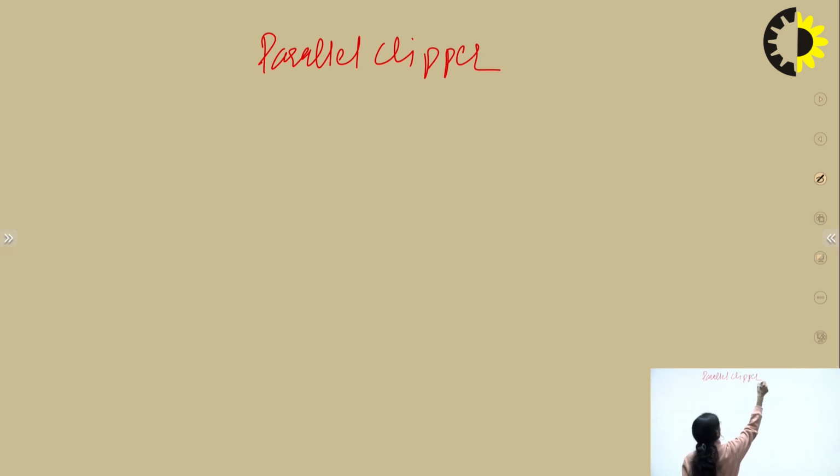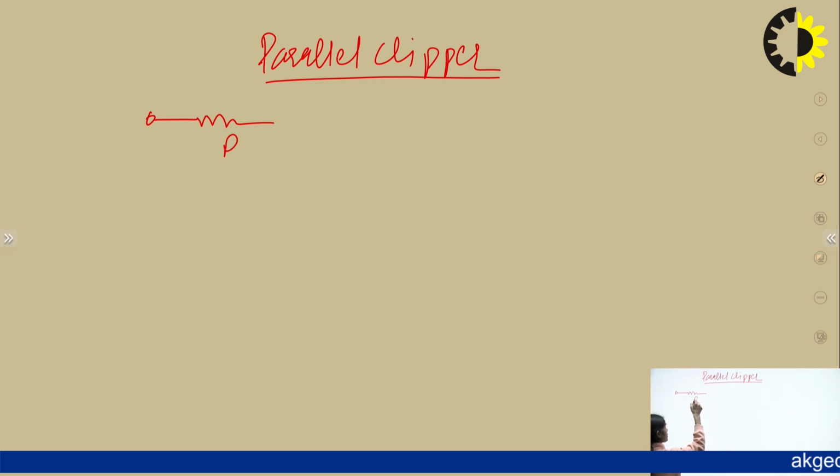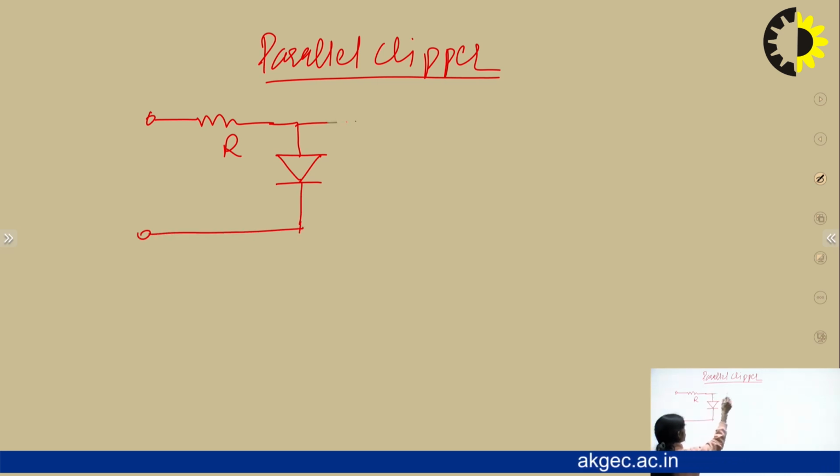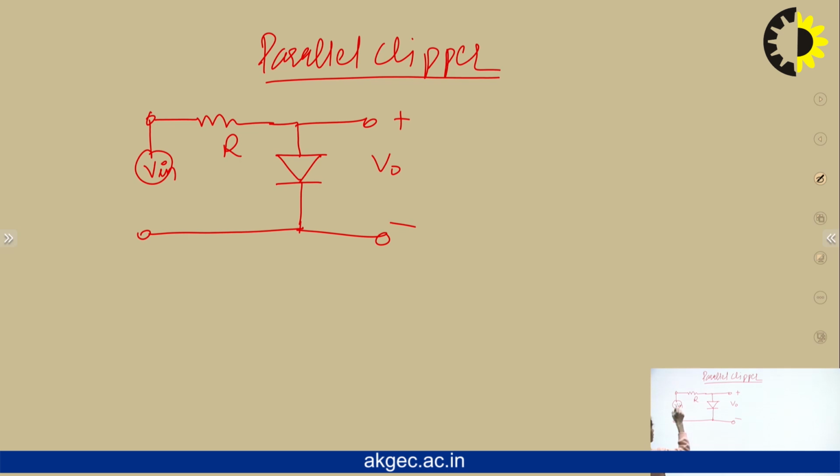So first we are going to talk about what is a parallel clipper circuit. Basically the clipper circuit removes the signal from some portion. In this we have different diode arrangements. If we connect the diode in shunt configuration and the resistor in series configuration, then it is said to be a parallel clipper circuit. So in the parallel clipper circuit, we have the arrangement like this. The resistor is connected in series configuration and the diode is connected in shunt configuration. This is the arrangement that we will use for the parallel clipper circuit, and we give the input from here.